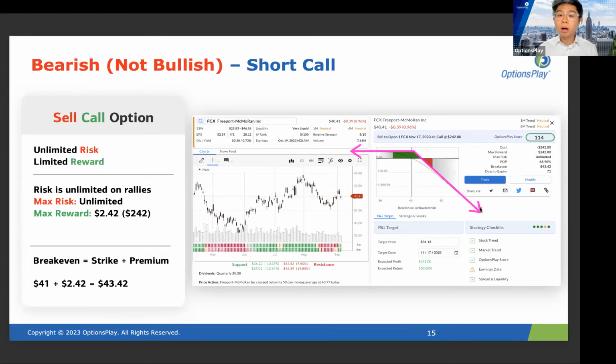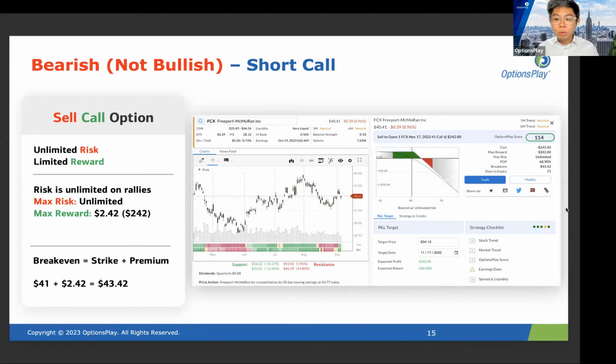So when you take a short call, this is really one of the strategies. What we're doing here is teaching you the fundamentals. I don't ever recommend that you outright short a naked call. We're going to discuss in next week's session what you can do to this short call so that you get a similar risk profile without all of the risk. But it's important for you to understand the fundamental strategy driver of a short call and what that means for your multi-leg strategies before you can trade those strategies. So when you short a call option, your risk is truly unlimited, and your max reward here is